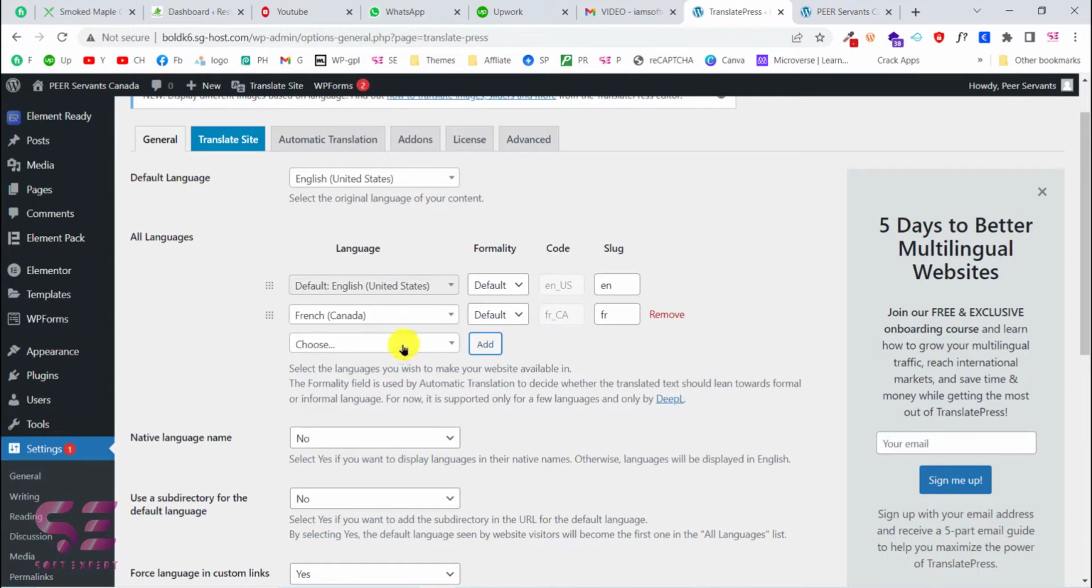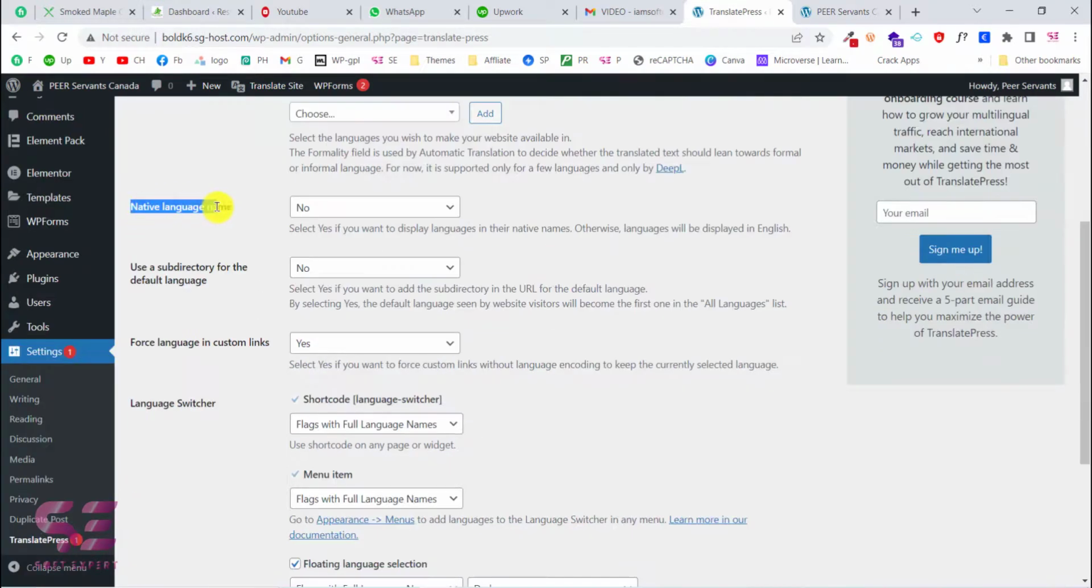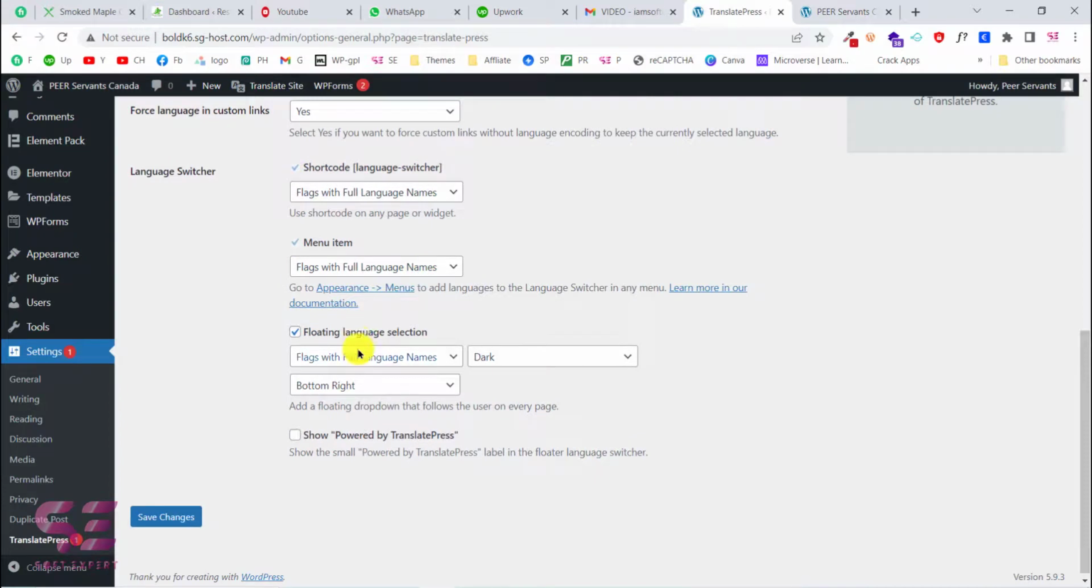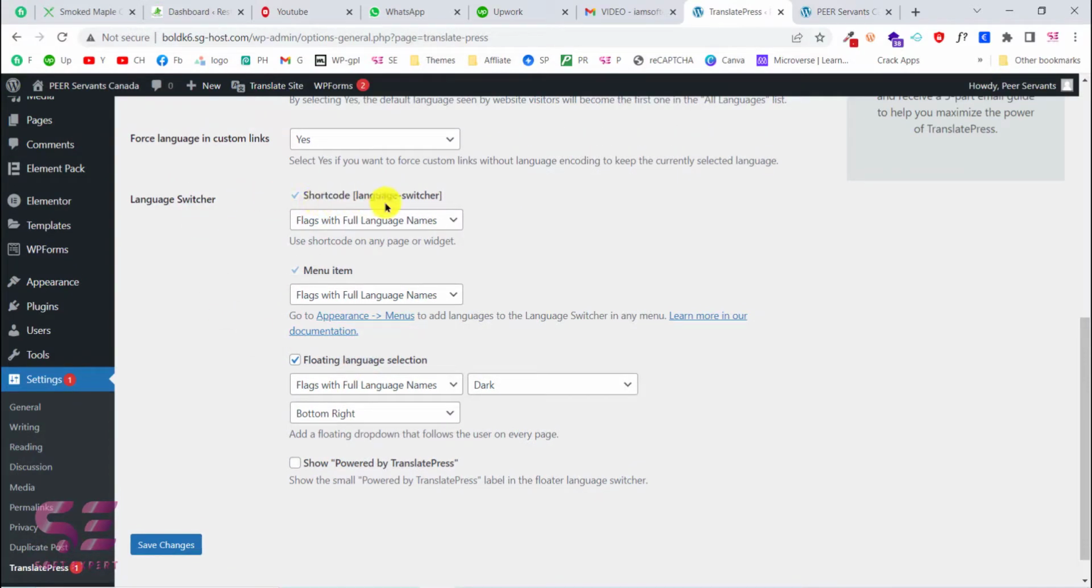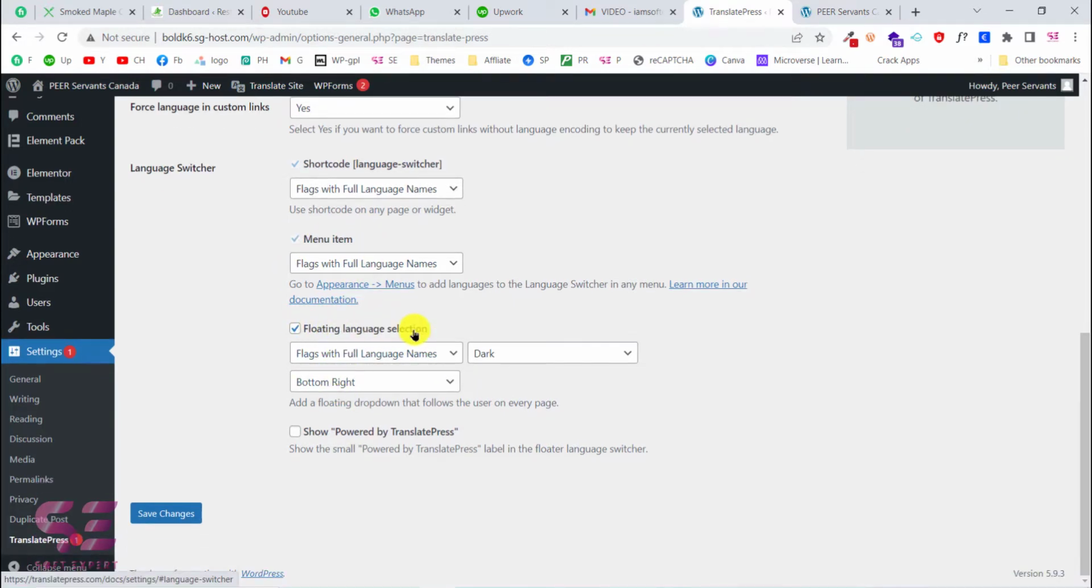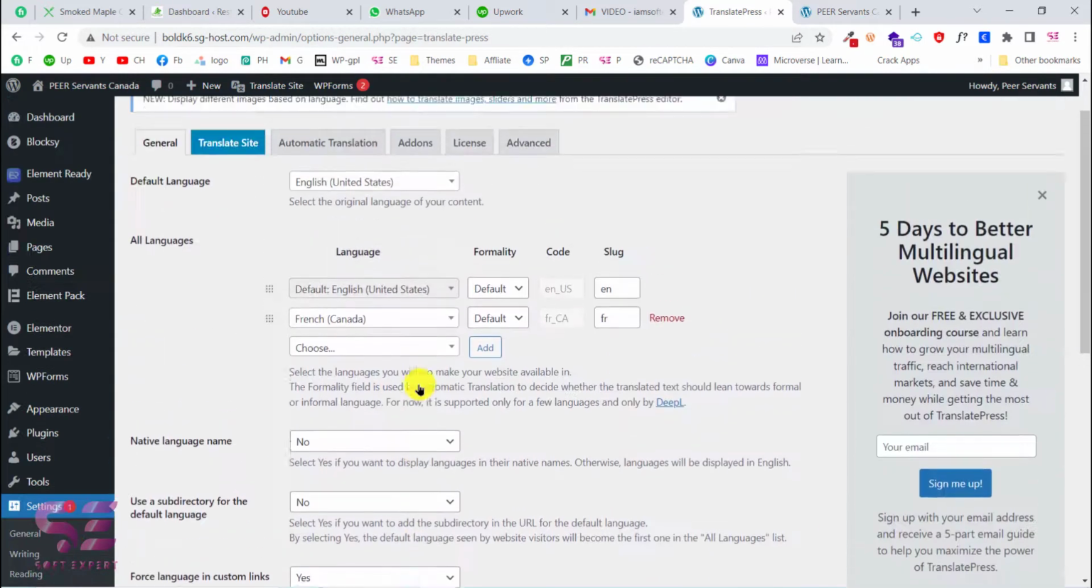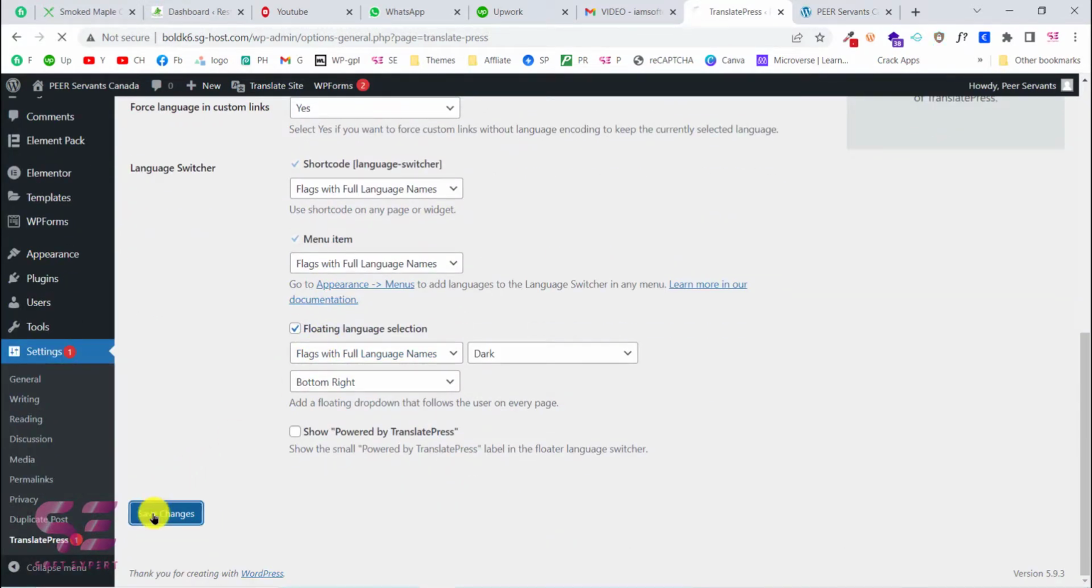You will add this, and if you want, you can add more languages. Then you can display the native language name, and you can choose all these settings according to your need. For example, language switcher and menu item: you can show this in a menu item. You can choose floating language selection and so on. So let's quickly save changes